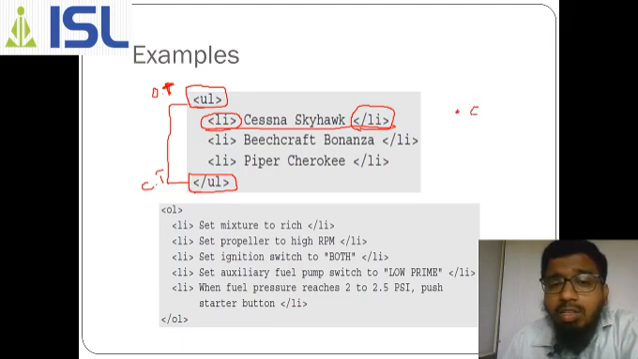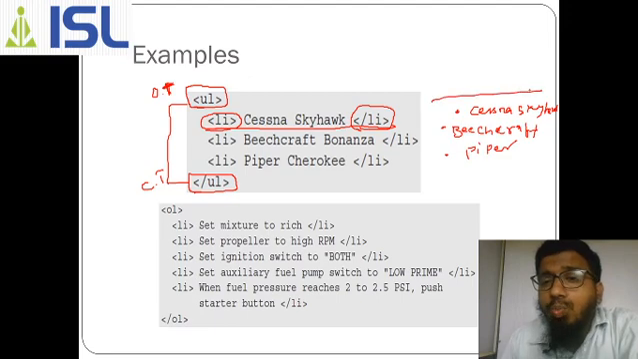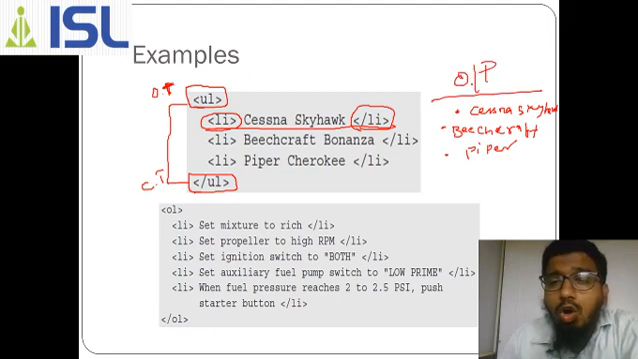Point CESSNASKYHAWK, like that. And here BEECHCRAFT, same way PIPER. So the output will be displayed in this order. Okay,